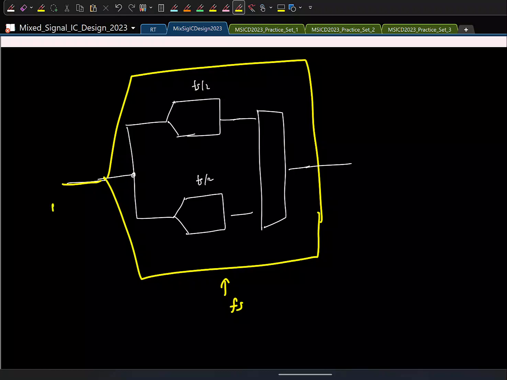Fs by 2. Fine. Now if you see a signal with a bandwidth of fs by 2, it's internally getting sampled by an ADC sampling at fs by 2. Will there be aliasing or no? Here there will be, but magically somehow if I look at the final spectrum, it looks clean, right? So let's actually see that, it will also help us